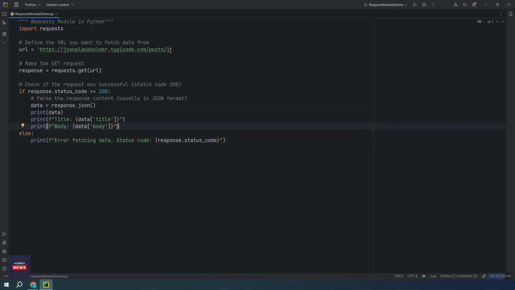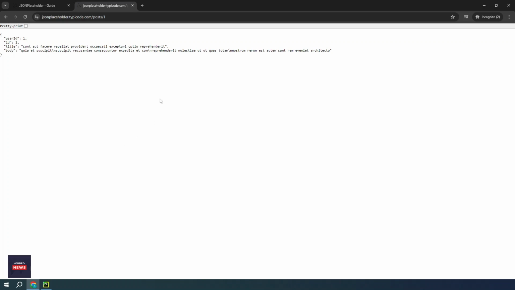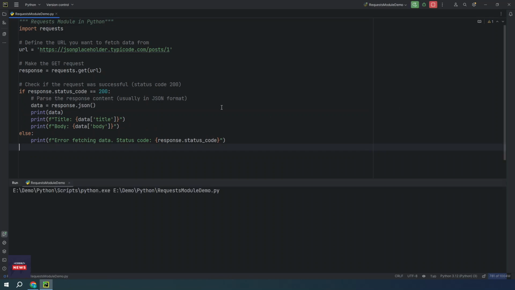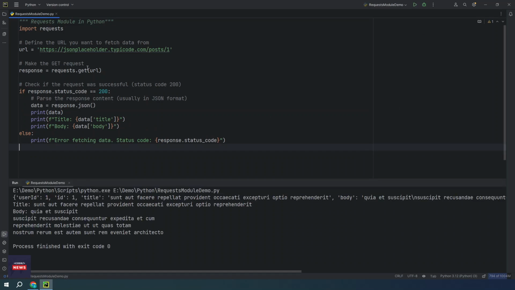If you see what this request returns, we will get this data from the fake API. If I run the program, it will send a request to the server at this endpoint, and it will retrieve the data, the title and the body.